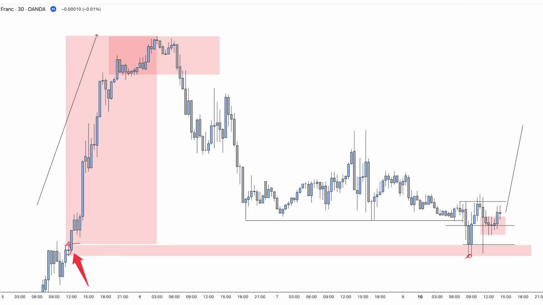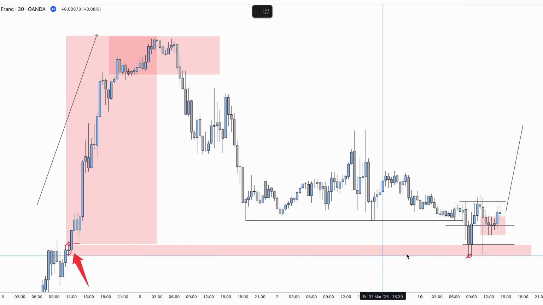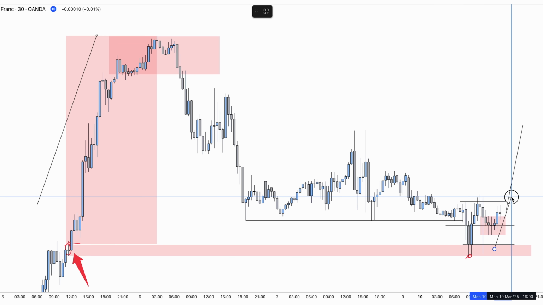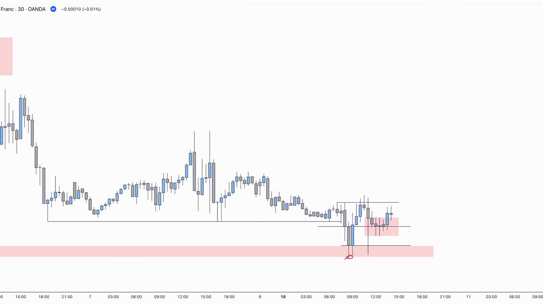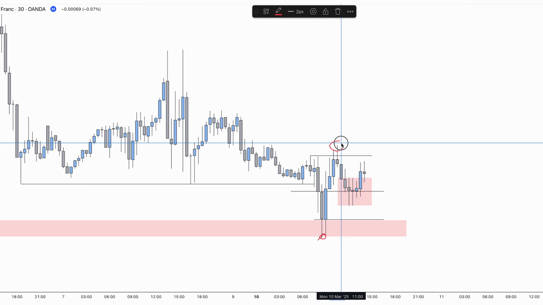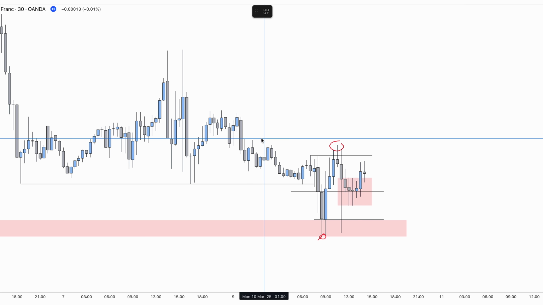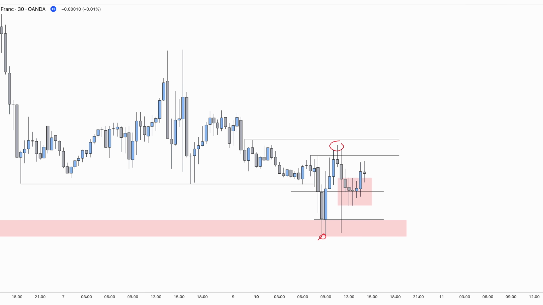We know from a lower perspective that once again, it looks like now that we've met this high interest area, buyers are taking control. We would want to see some more strength candles to really confirm anything here, okay? We haven't seen closures above a notable structure point, which is pretty much going to be here. We obviously have got more points as well, which would indicate further strength from buyers, but we would realistically need